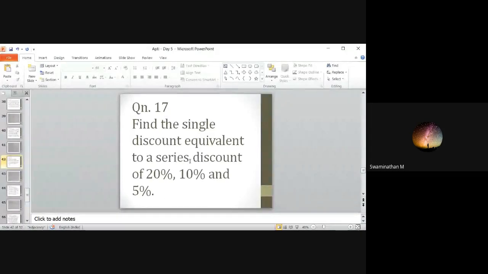Again I repeat, by calculating this you will get only the price, and that is not the total discount. You have to subtract it from 100 so that you will get the total discount. I'm seeing 31.6 as an answer. Any other answer? After solving this, the final value you get is the price, not the discount, so to get the discount, subtract it from 100.